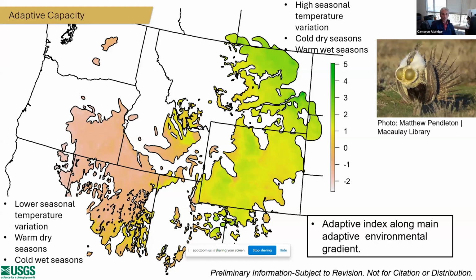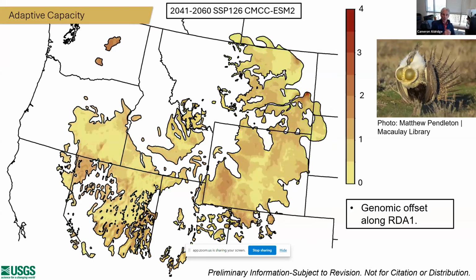And what we can do with this is actually forecast this to the future based on what climate conditions look like. We're going to look at the separation, or how far away the local genetic adaptation is from the climate that's going to be in the future. This is the genomic offset, using another RDA type of analysis, an ordination approach, and we can see how far off we are going to be given future climatic conditions and what they're predicted to look like.